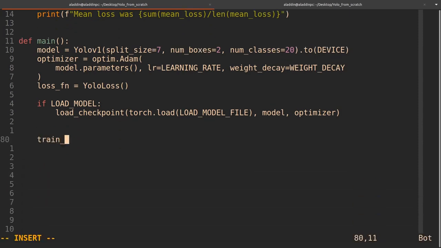So train data set is VOC data set of data. And we're going to specify the CSV file here. That would be train.csv if you want to train on the entire data set. I'm not going to do that. I'm just going to do 8examples.csv. That's, I guess, a small batch of 8 examples. We're going to try to overfit on that first, make sure that works. And then I have another